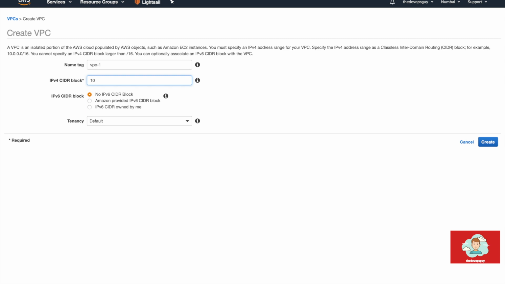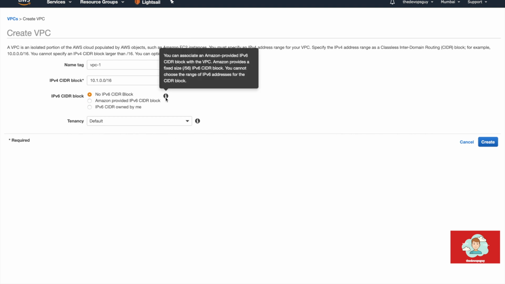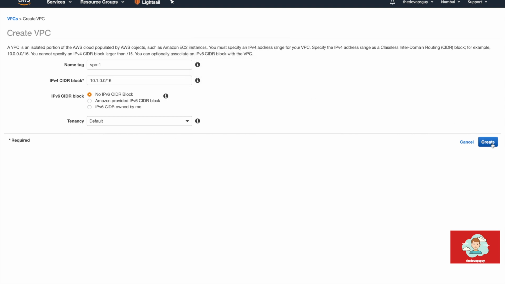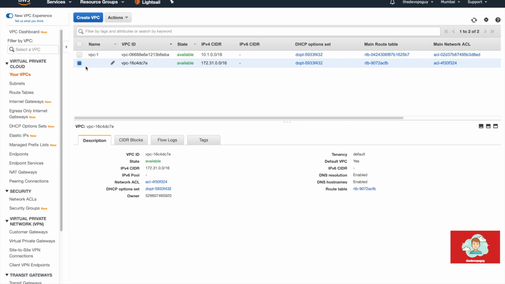This is the IPv4 CIDR block which you will allocate to your VPC. It has to be a 16 subnet or wide enough to accommodate all the subnets inside it. We will not create any IPv6 CIDR blocks. Let's create the VPC. So our VPC is created. Let's go and check the VPC service now. As you can see, our VPC-1 name is already created. The state is available,